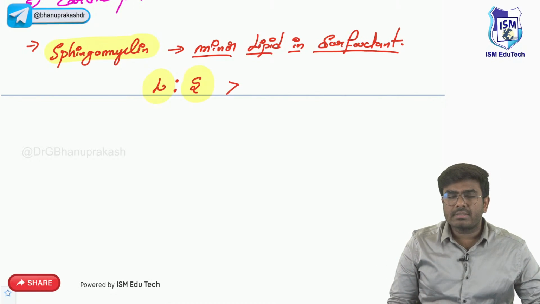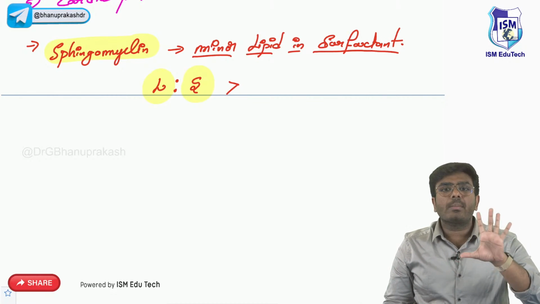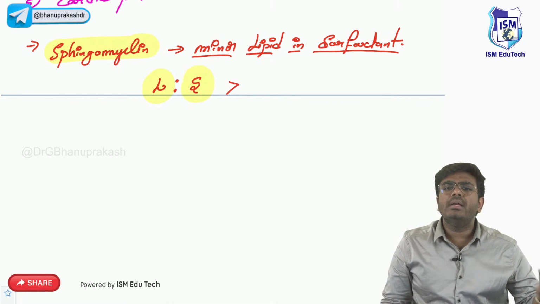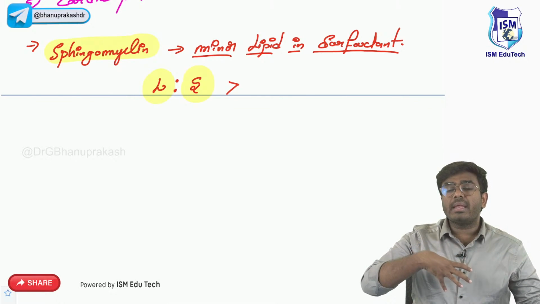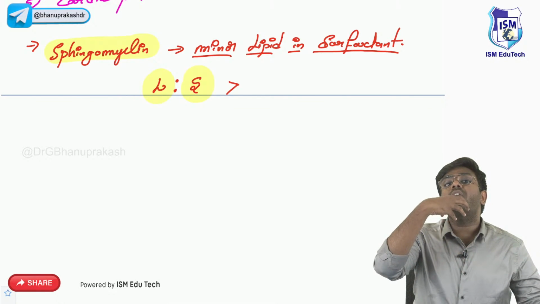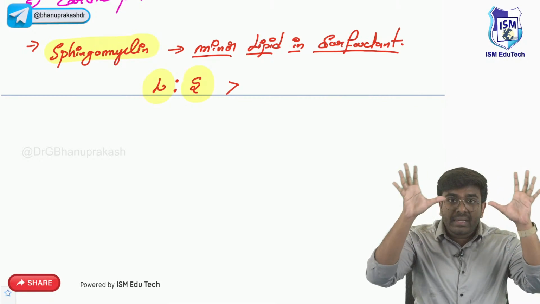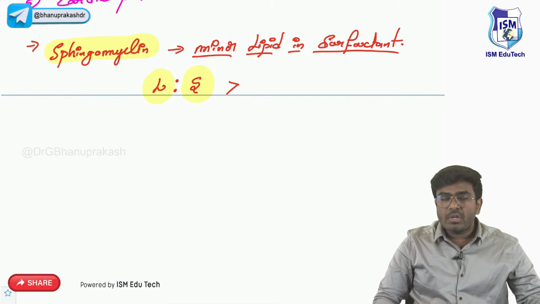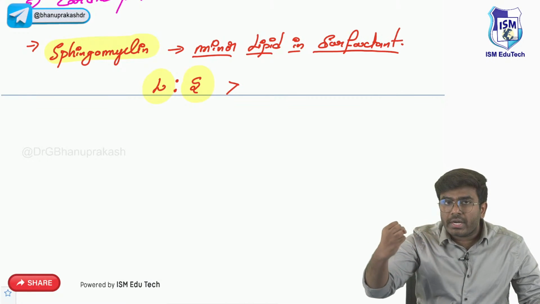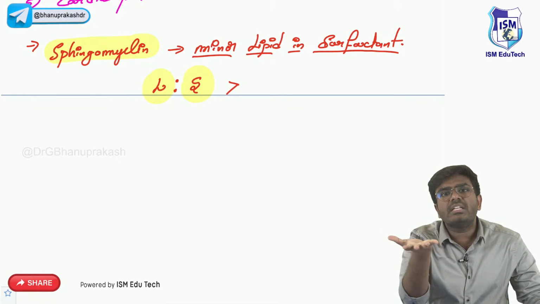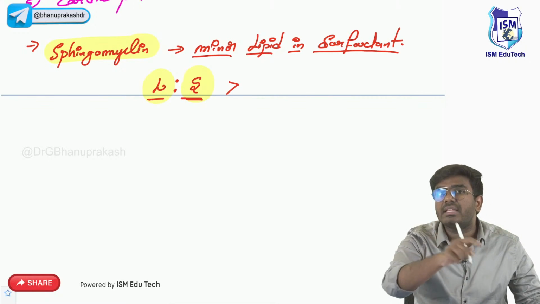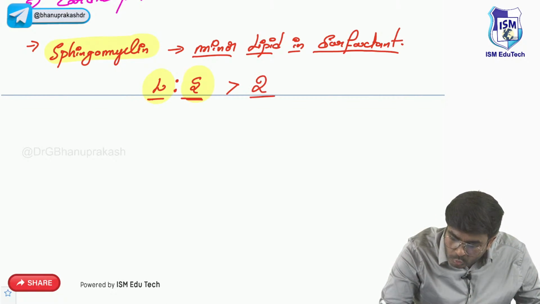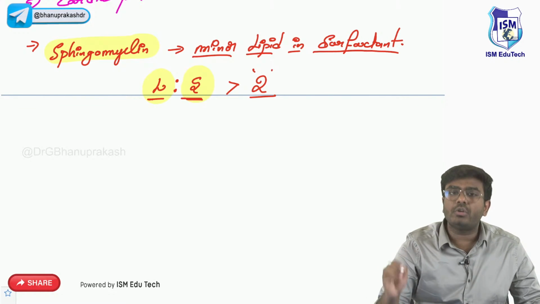Now, my question is, how do we know whether the fetal lungs are matured or not, sir? By looking at lecithin and sphingomyelin. This lecithin and sphingomyelin will come out of the fetal lungs and dissolve in the amniotic fluid. So, you can collect the amniotic fluid and check for lecithin and sphingomyelin. If the ratio of lecithin and sphingomyelin is greater than 2,